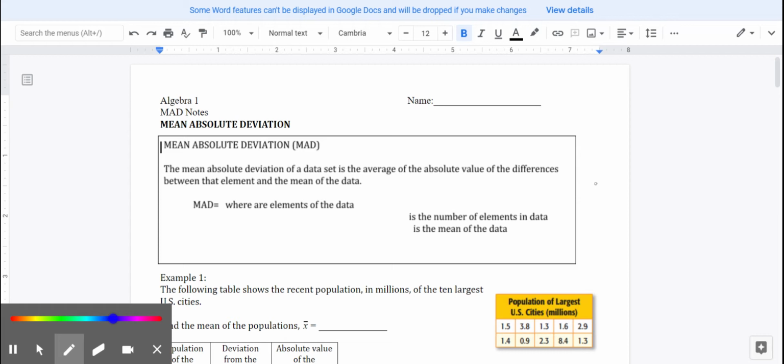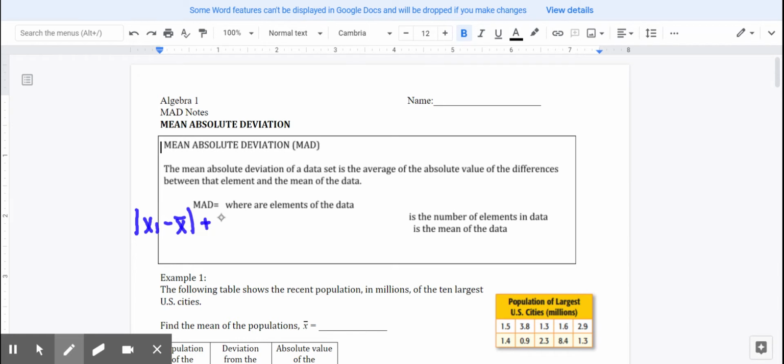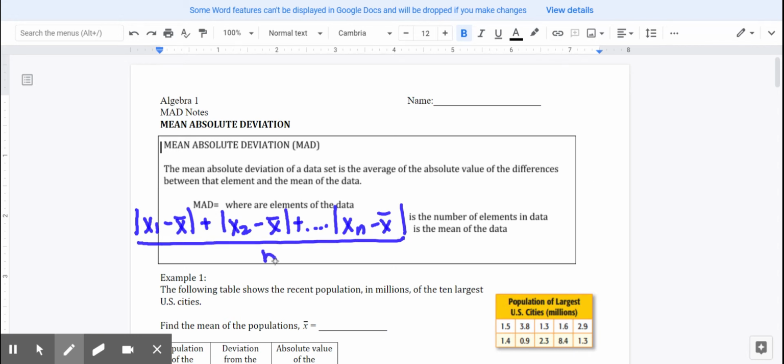mean absolute deviation. So the mean absolute deviation formula is going to be x1 minus the mean. We're going to take the absolute value of that, add it to x2 minus the mean, and add that to as many data points as I have. So we're going to call it xn minus x bar. And then we're going to divide all of this by n. And this formula looks very daunting and like it's going to be quite difficult, but it's really not near as